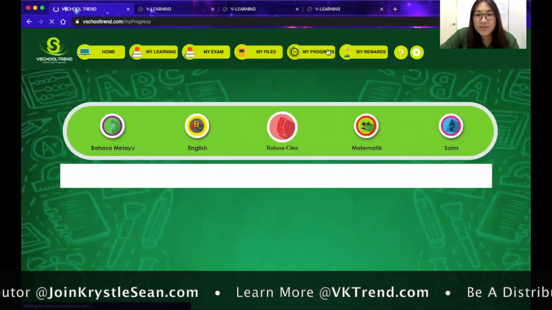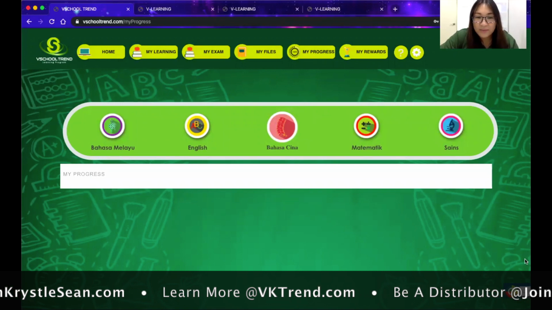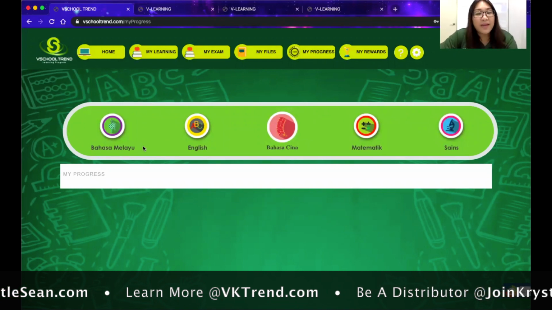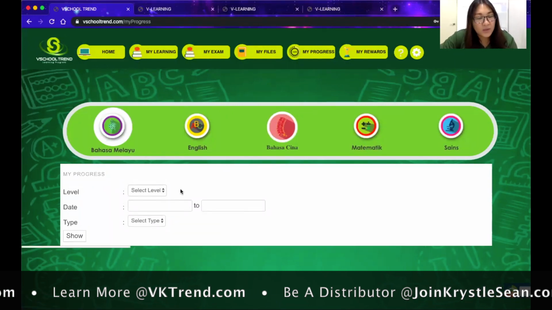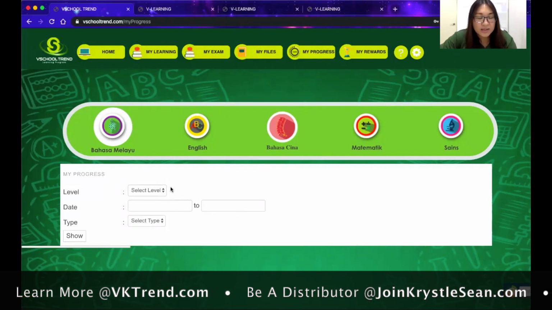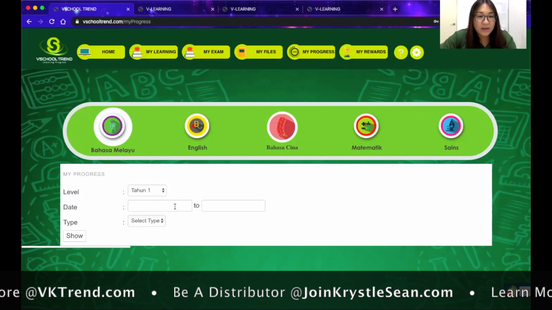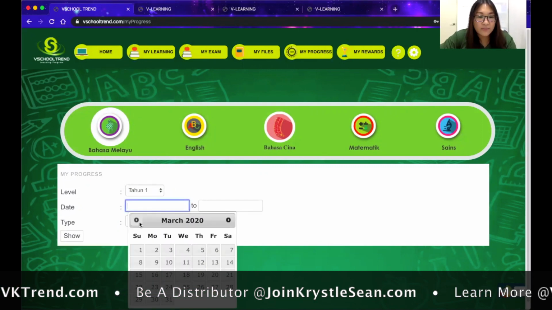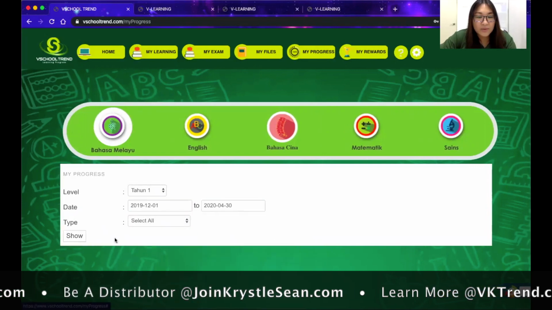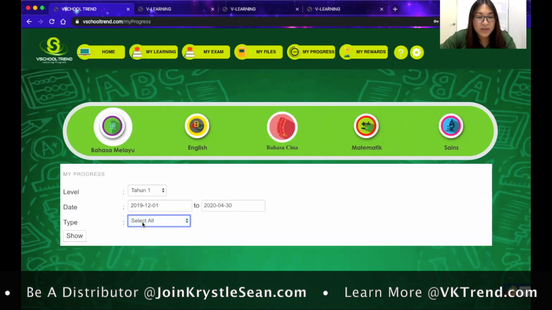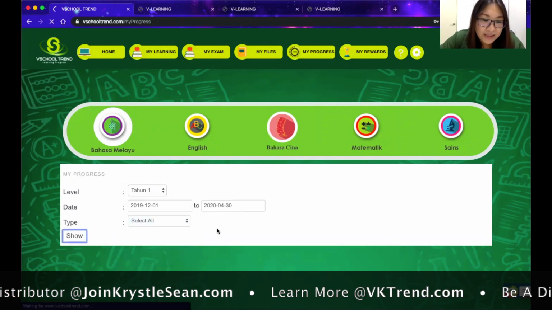Now, where you're gonna see your child's progress, and over here, this particular feature is a favorite of my favorite features, whereby I can see my child's progress. So I'm gonna click here. Okay, so over here we get to see the child's progress, whether the child's doing well or not. So I want to select, like here, I'm going to try primary 1. You can choose as far back as you want until to date, or you want to choose further, it's okay. Select all. I strongly suggest to click select all and then click show.